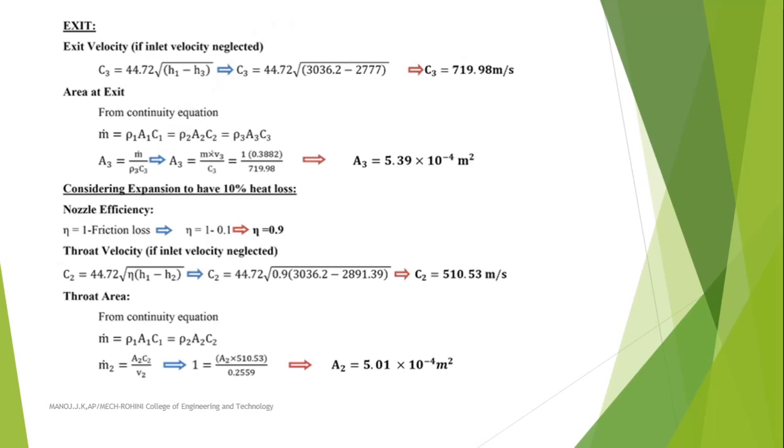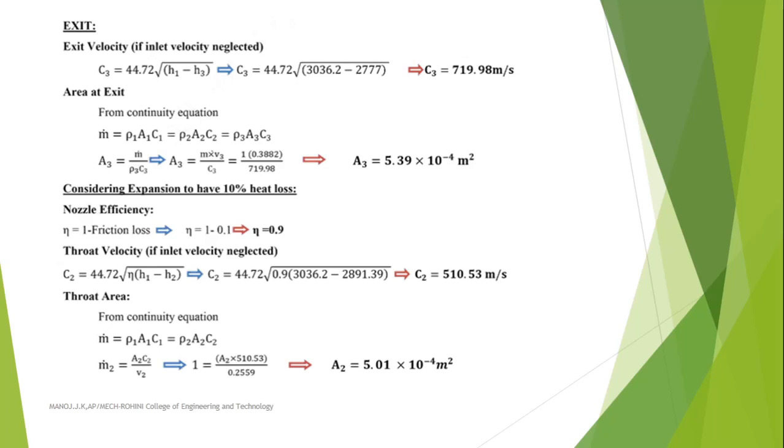So it is a simple imagination. By imagination itself you can do it. If it is 20% heat loss, out of 100, 20% has been lost. Therefore the remaining is 80%, so the efficiency is 80%. Likewise, right? Next, the formula for velocity: C2 is equal to root of 2000 into H1 minus H2 into efficiency, already told you, plus C1 square. That C1 square is neglected because the initial velocity is very small compared to the final velocity. Therefore, it can be neglected. Suppose it is given in the problem as an approach velocity, you should not eliminate it.